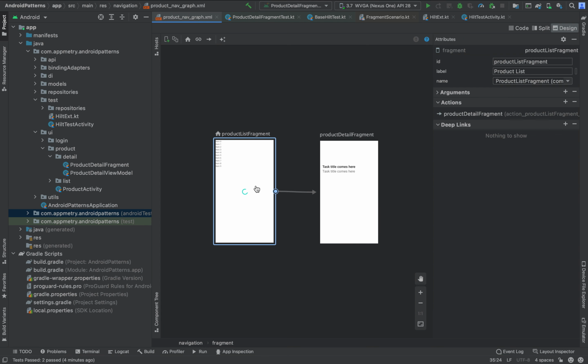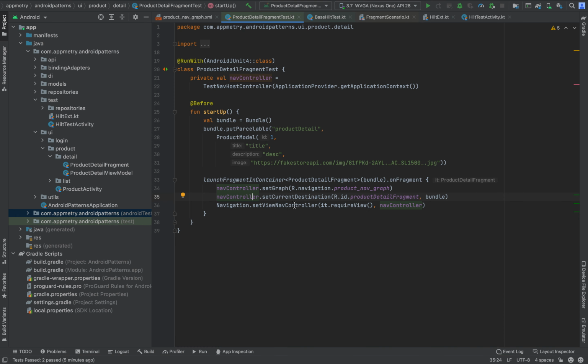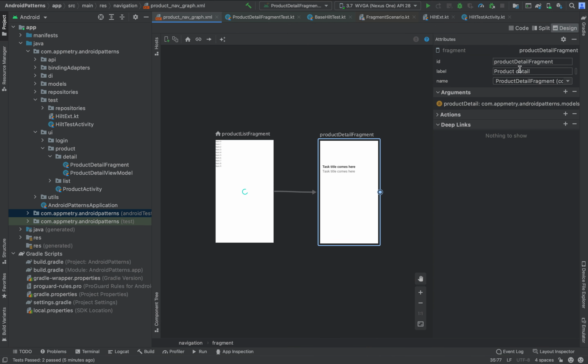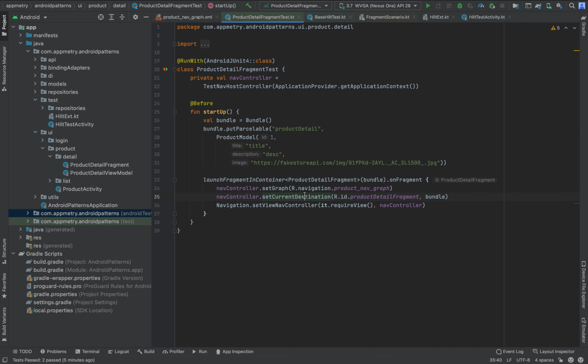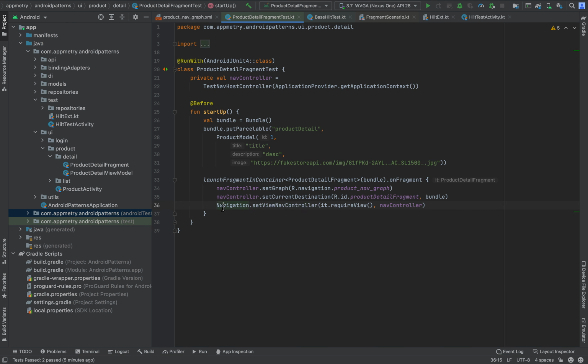Here the start destination is product list fragment, but we are going to test only the product detail fragment. So we can directly set the current destination to product detail fragment. That will be the ID of this fragment.